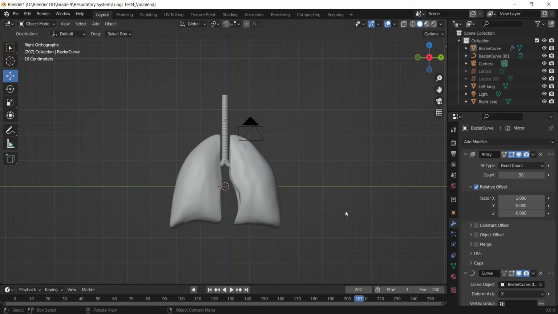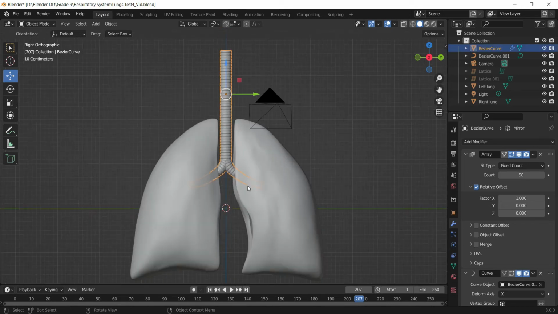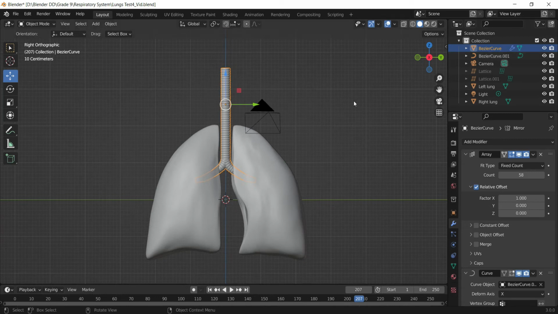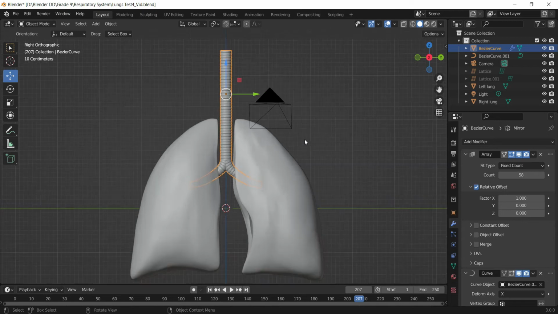So up until now we have created the lungs and the bronchus. Next part on this modeling I am going to create the trachea. So as I have told you earlier, trachea are those vessels which are inside the lungs which supply the air. So it's not that difficult to make. All I'm going to do is use this mesh along with the Bezier curve only to create the trachea. So let's see what I am going to do.